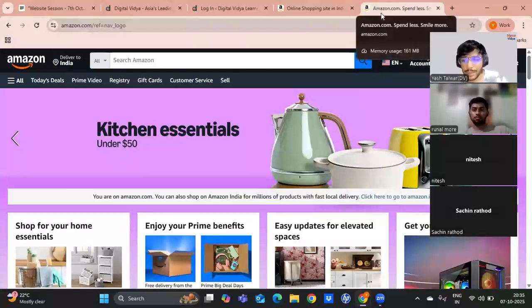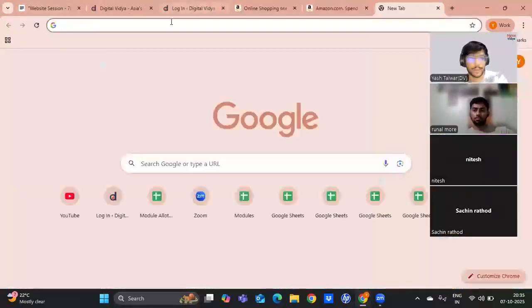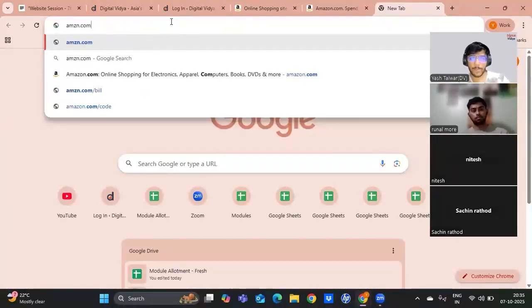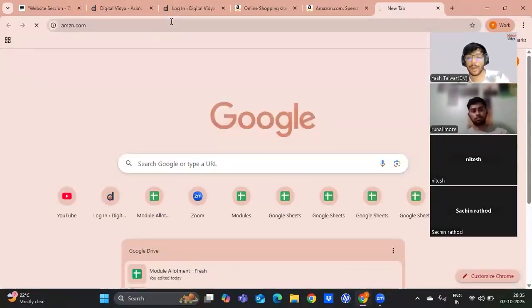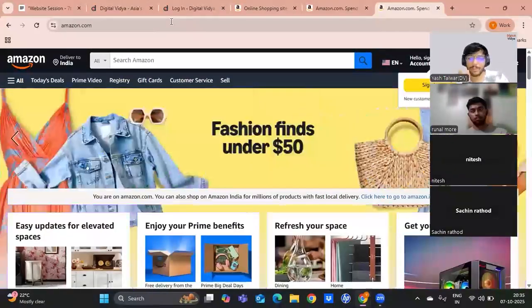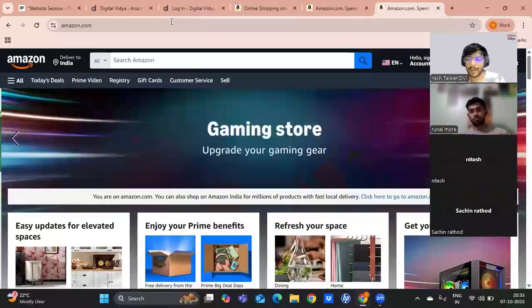And sometimes businesses or brands also like to purchase some misspellings of their business. So if, for example, for Amazon, I can misspell it as amzn.com, and this will still take me to amazon.com. So they have purchased it. Amazon is a big company. They don't need to purchase their domains. They don't need to purchase hosting service. They have their own hosting, right? They're not outsourcing all of this.